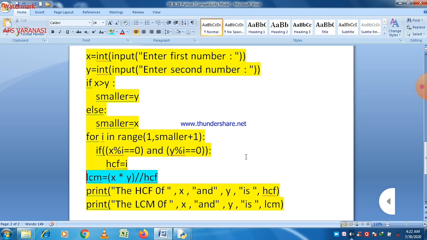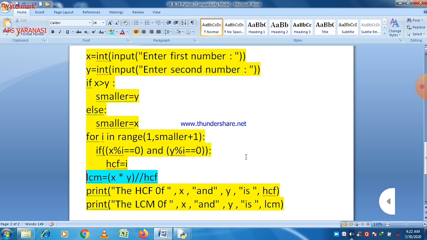We continue this process until we get to the smallest number, which is 4 in that case. In 4 and 6, the smallest number is 4. So up to 4 we have to check all numbers, and then obviously we can easily find out a number.